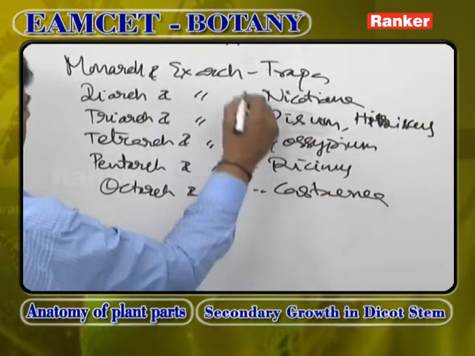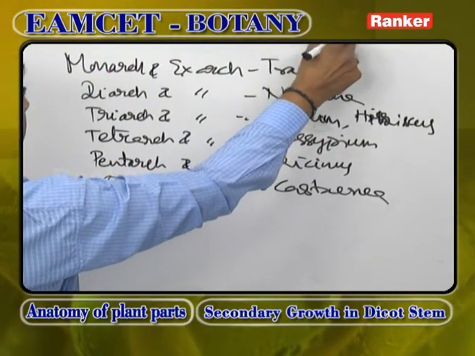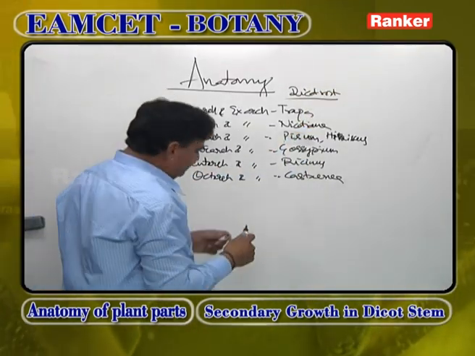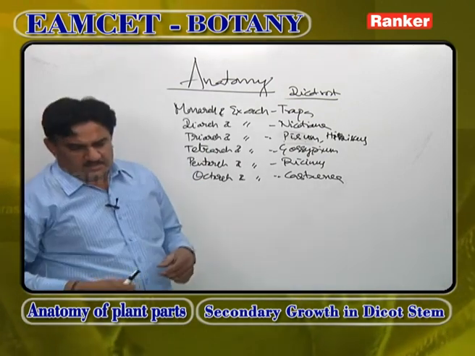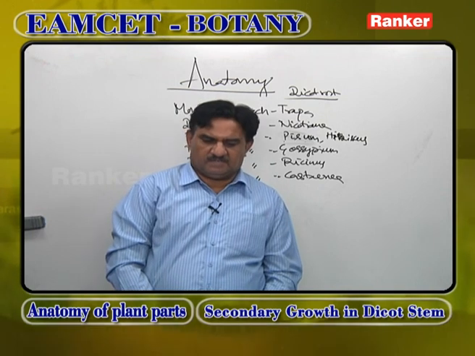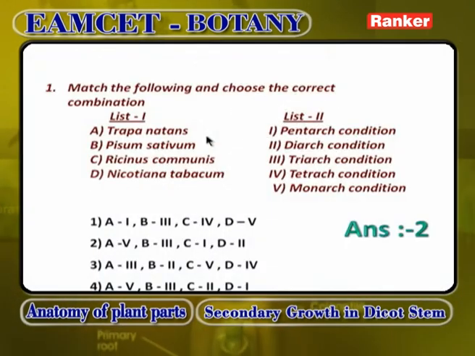These are the variations in a vascular bundle of a dicot root. Trapa, monarch condition. So, when it comes to the combinations, match the following and choose the correct answer. Trapa is, the answer is 2 here. A 5,